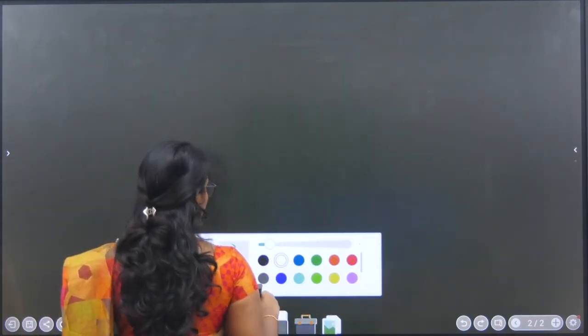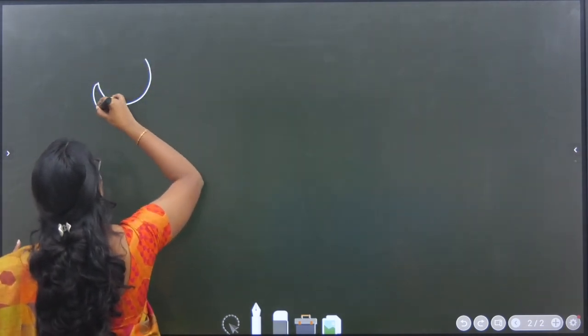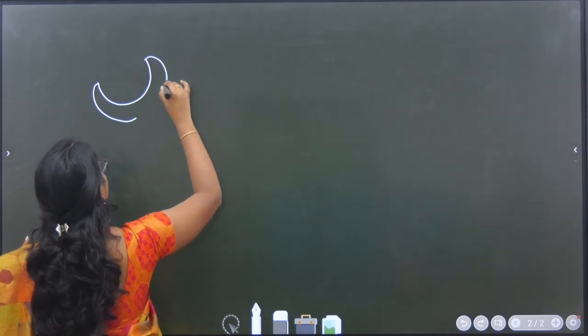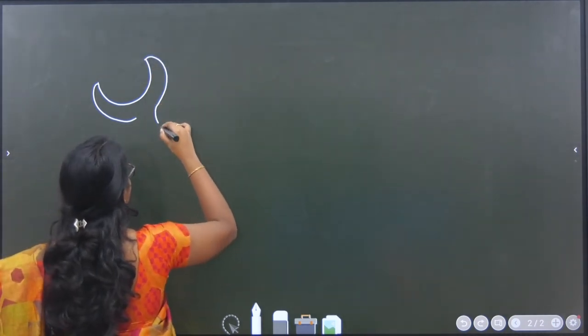First, we will draw the structure of a nephron. So, here the nephron, the very first part of nephron is Bowman's capsule. Now, the Bowman's capsule